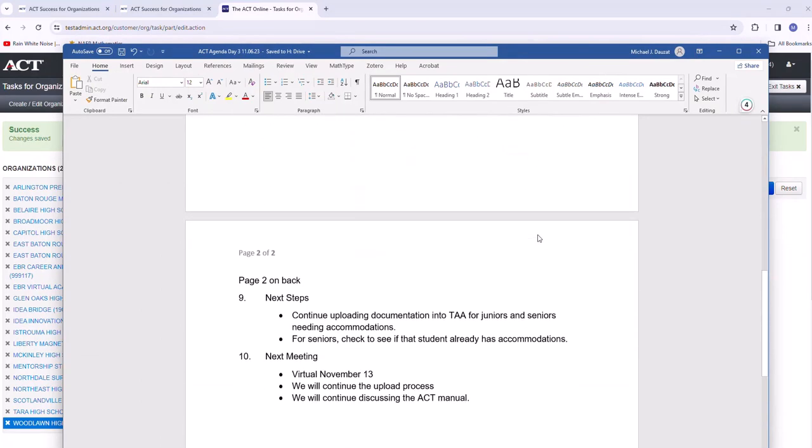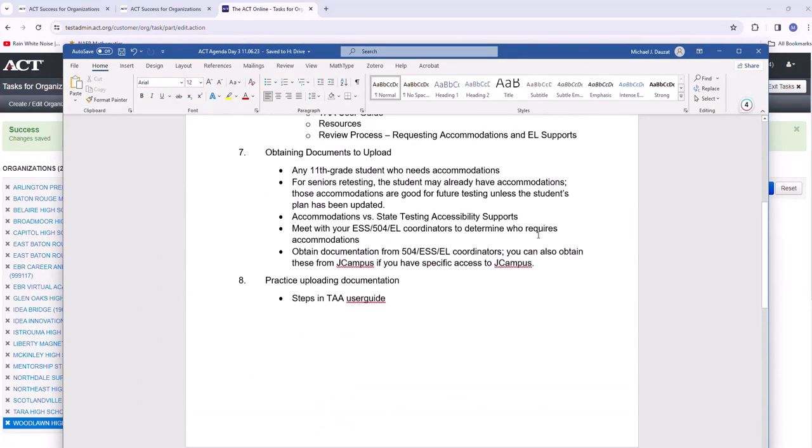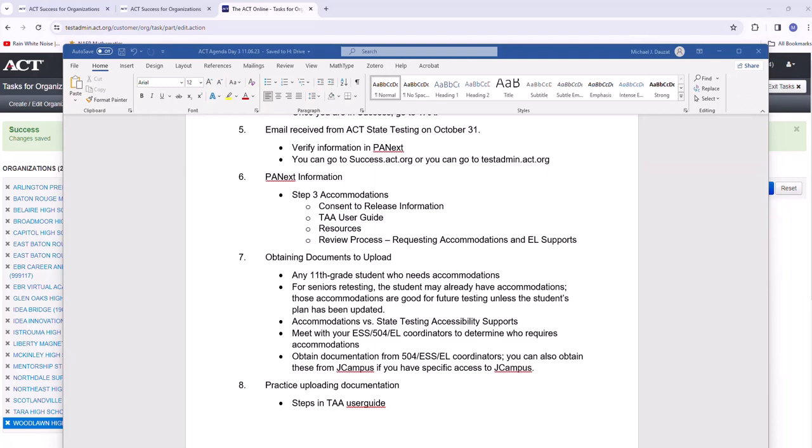You can get into PA Next by, let's see who's speaking. Please mute yourself. Christina says she can't hear anything. Christina, it's on your end. And then Brian says that I'm cutting in and out. Am I cutting in and out, or is it just for Brian? I can hear you, Mr. Dozak. I have a question. Yes.